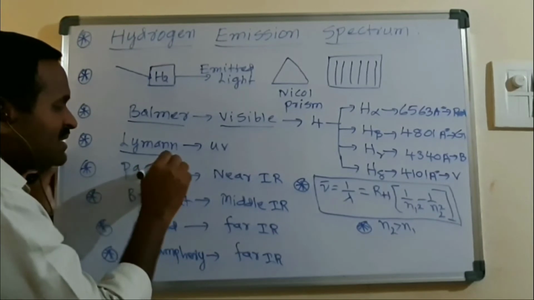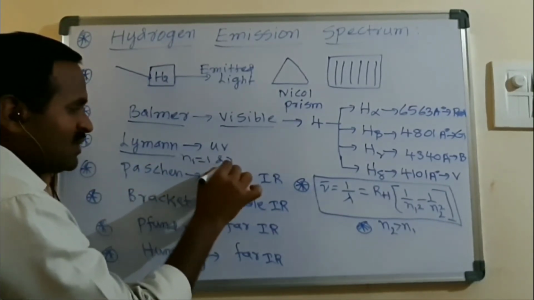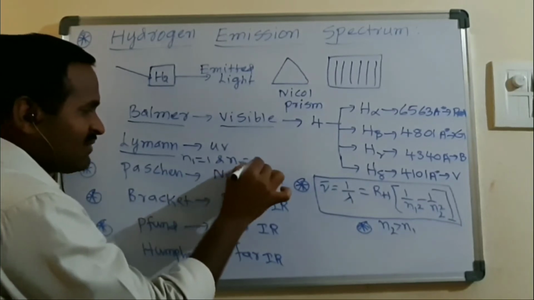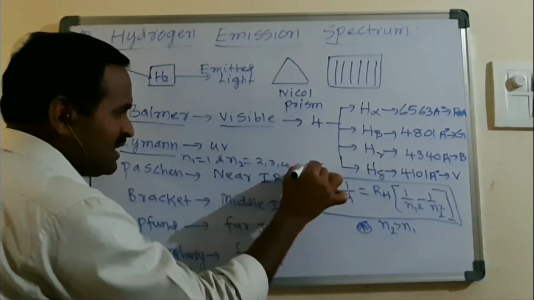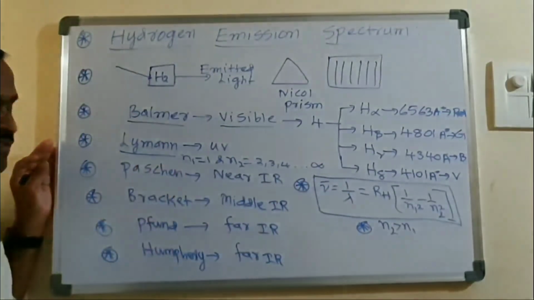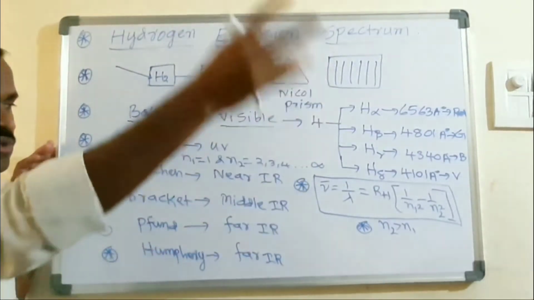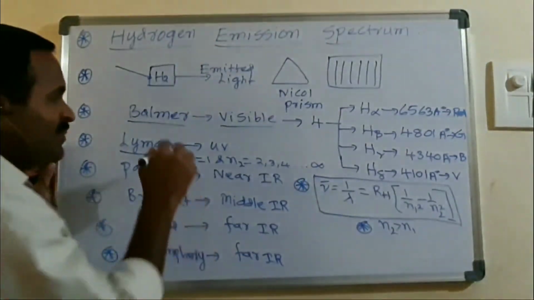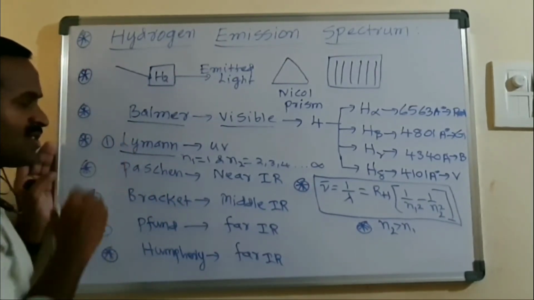Generally for the Lyman series, N1 value is 1 and N2 value will start from 2, 3, 4 and so on up to infinity. For the Balmer series, generally we can call it the first one,